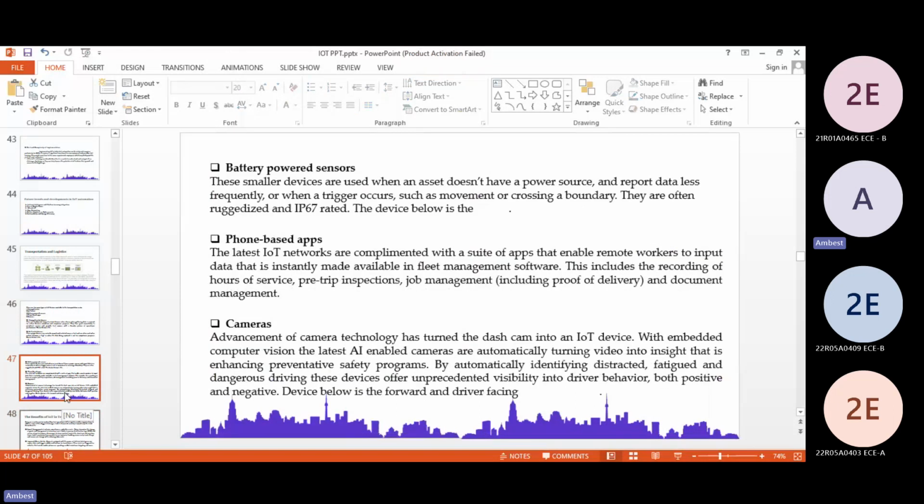And the next thing was battery-powered sensors. In the name itself, you come to know what it really means.